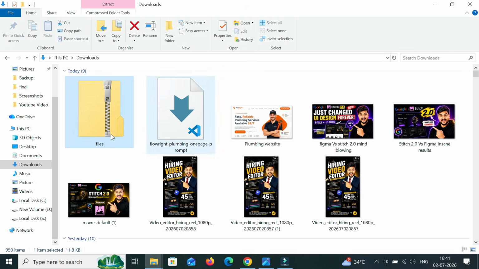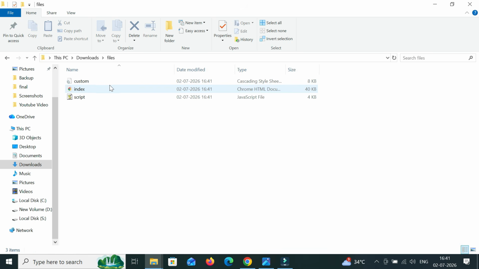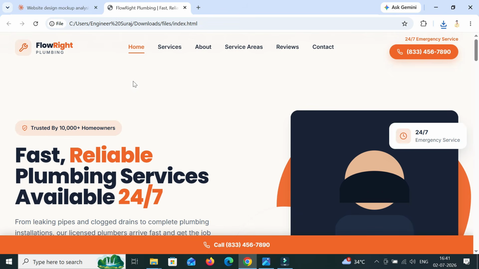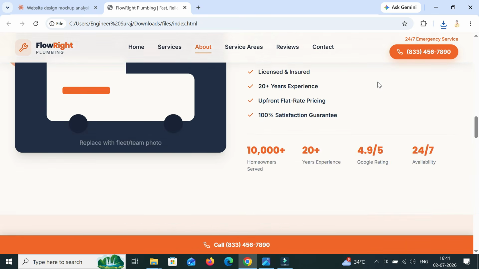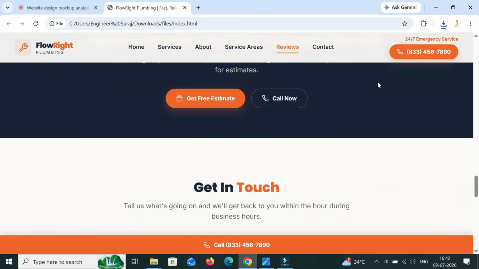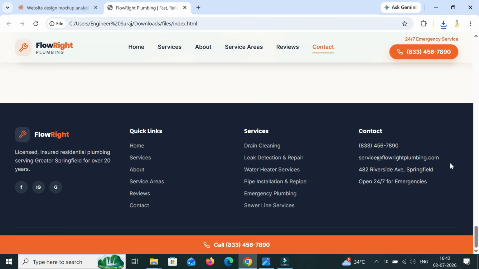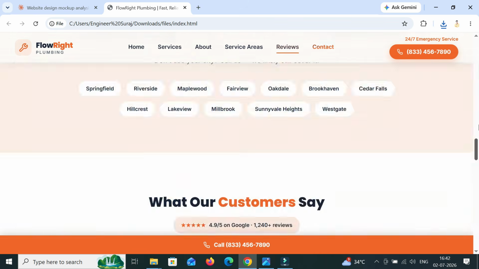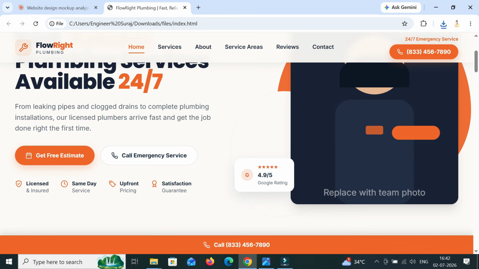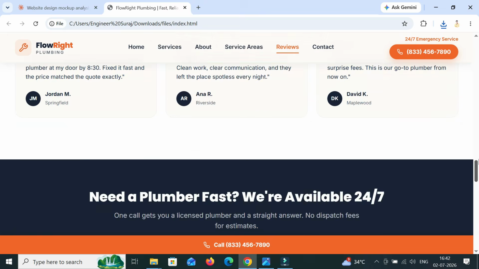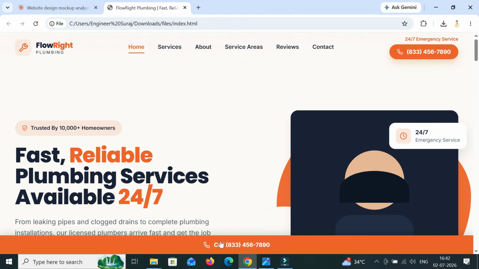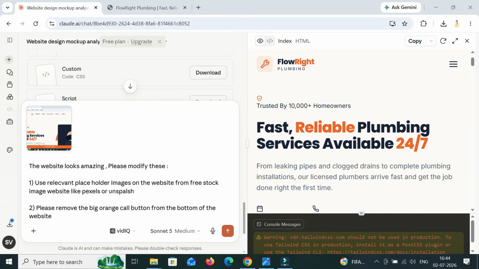Let's see. And once done, let me open the file and let's open this index.html and check this out, guys. This is already looking insane because it has almost cloned our inspirational website design, okay, and it's looking insanely good, guys. Okay, there are some flaws. For example, we need to put the placeholder images over here and also I didn't like this bottom button for the call section. Okay, so let me get back to Claude again and ask it to put the placeholder